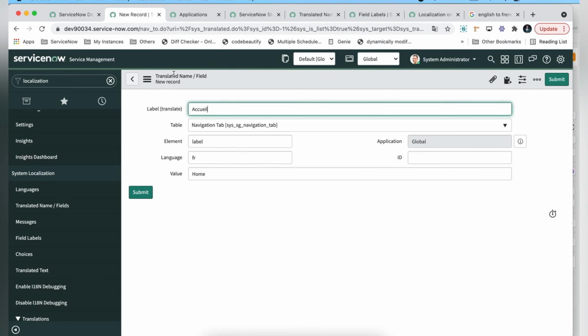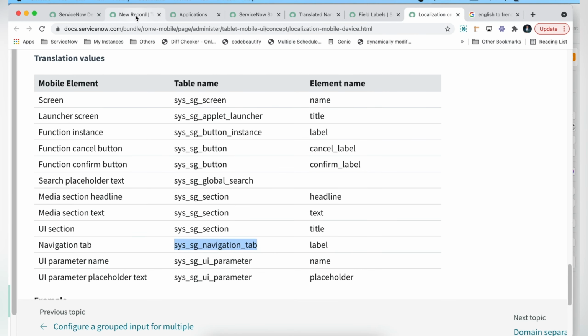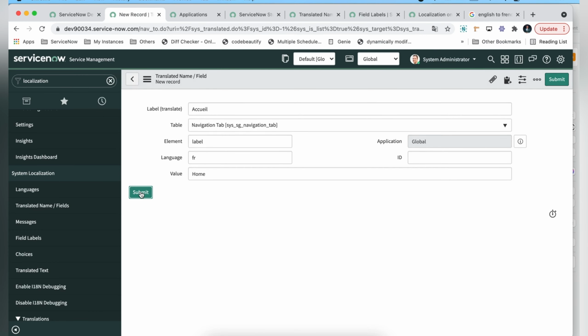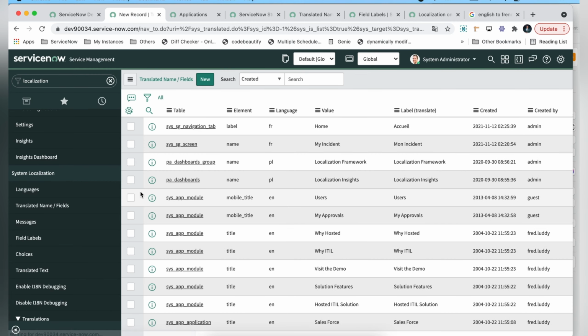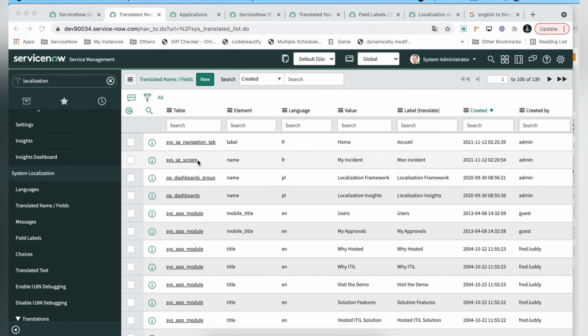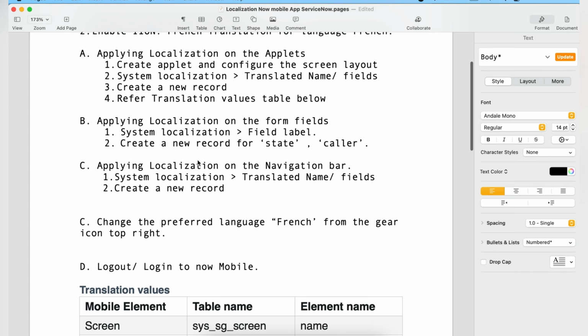Okay, paste it. Let's verify if everything is correct. Table this and submit. So what we have done till now, we have created records in the translated name fields, as well as the field labels in the French language.